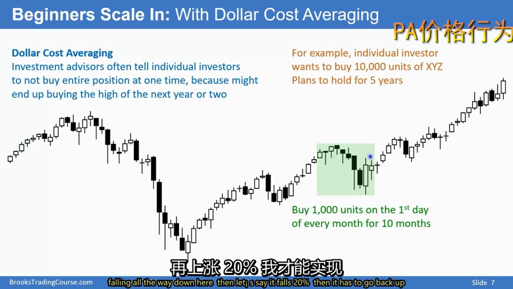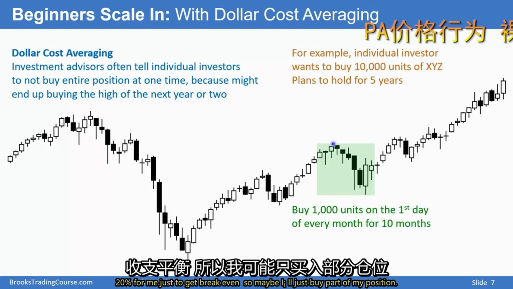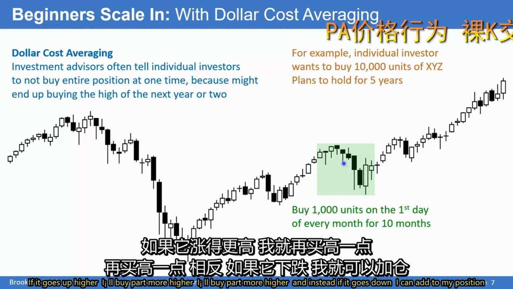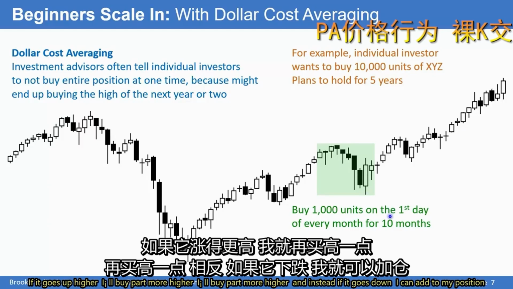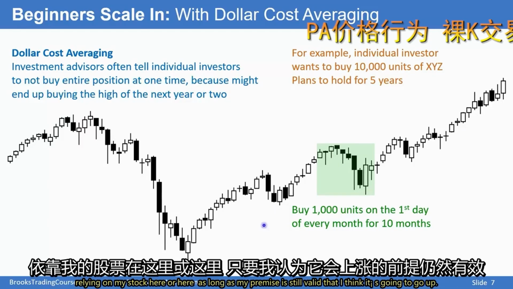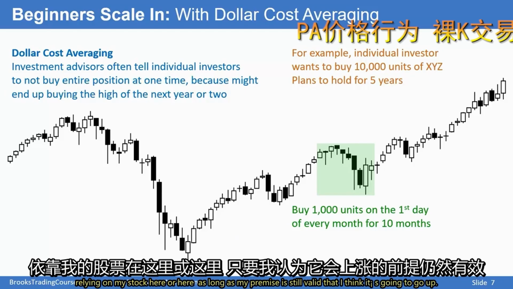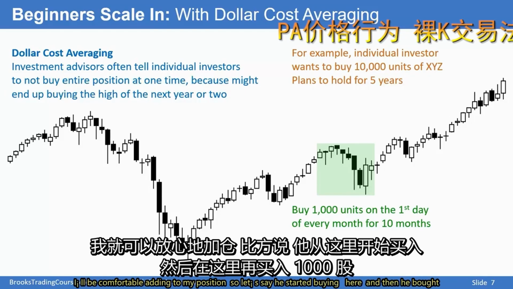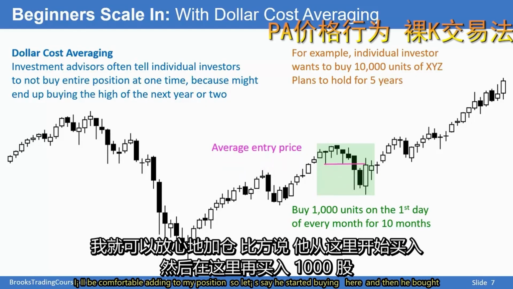Then let's say it falls 20%, then it has to go back up 20% for me just to get break even. So maybe I'll just buy part of my position. If it goes up higher, I'll buy part more higher. I'll buy part more higher. And instead, if it goes down, I can add to my position, relying on my stop here or here. As long as my premise is still valid that I think it's going to go up, I'll be comfortable adding